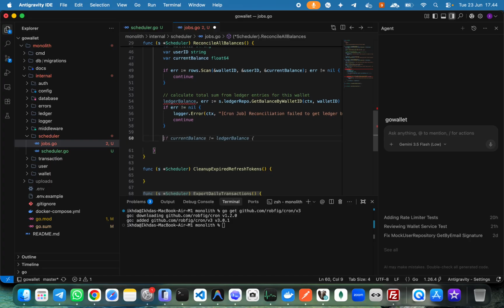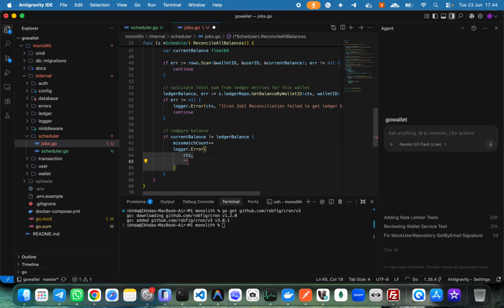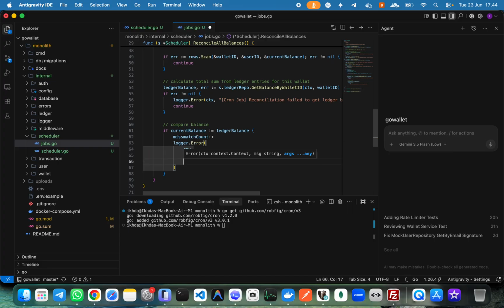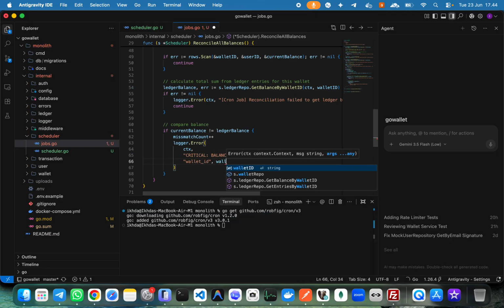And then compare balance. If current balance is not the same as ledger balance, we increment mismatch count and logger.error context, critical, balance mismatch detected during audit. Here we pass the wallet ID. ID should be wallet ID, and then